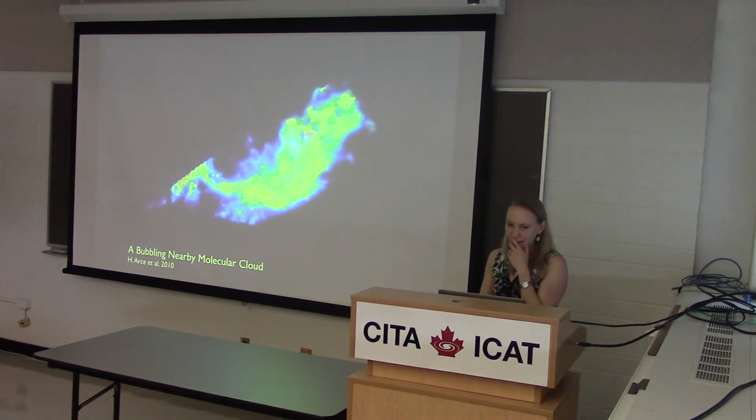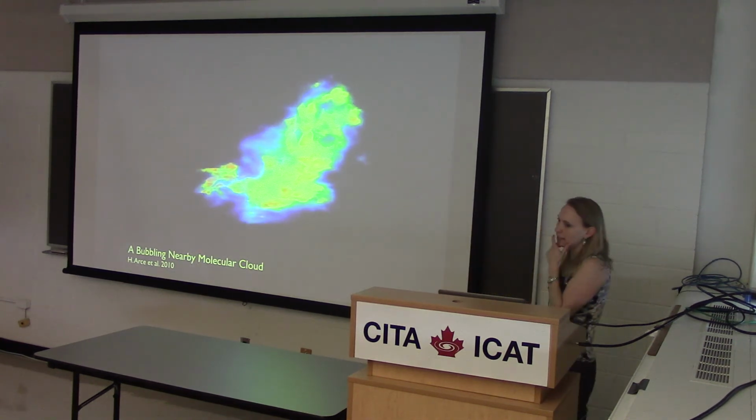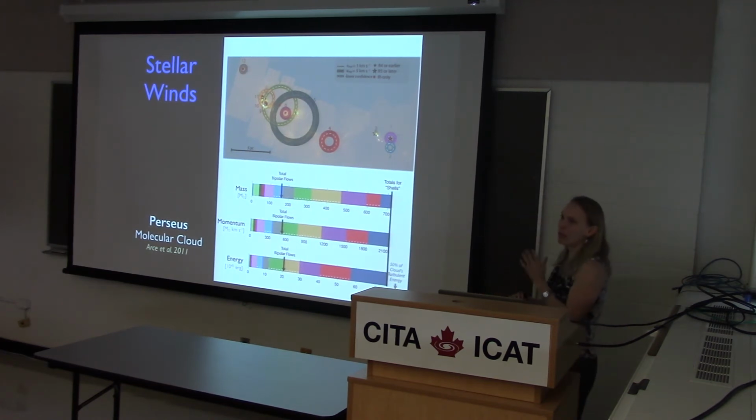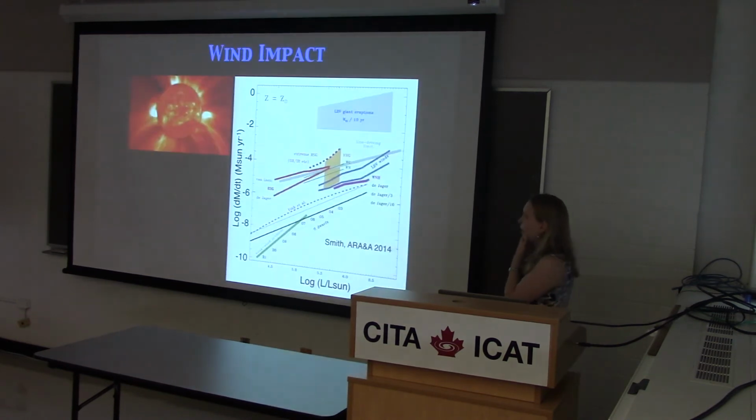CO. And so they took the data and they went ahead and they added up the total mass, momentum, and energy that they found associated with these shells. And the result was that it was a significant fraction of the total energy in the whole cloud, right? And much more than you get from bipolar protostellar outflows. So here's what you get when you add up outflows. Here's what you get for shells. So 50% of the cloud turbulent energy. All right.